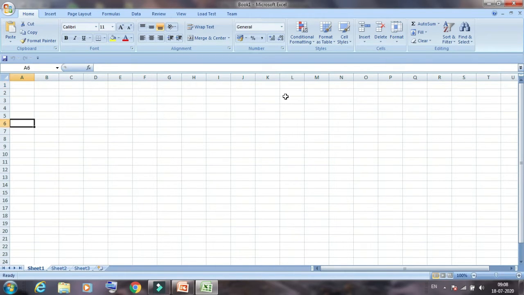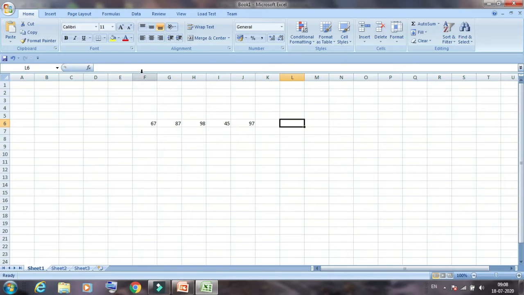Suppose the values are 56, 67, 87, 98, 45 and 97, in row 6.